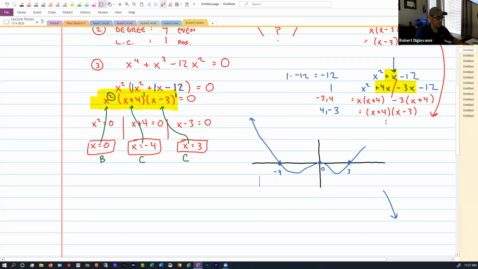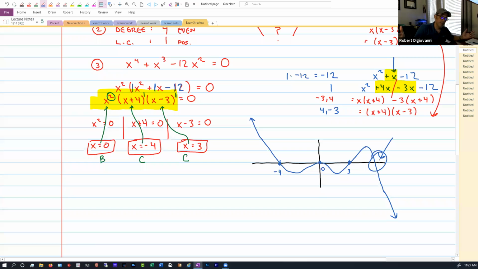The end behavior was wrong. So it could be that the end behavior is wrong, which means you messed something up with the end behavior. Or it could actually be that your factoring might be off. But this should be an indication that something is wrong, okay? Because you're not allowed to come back and connect it, because now you've created an x-intercept that doesn't